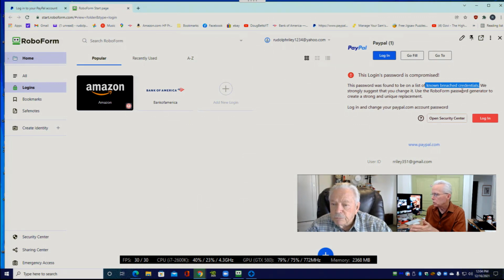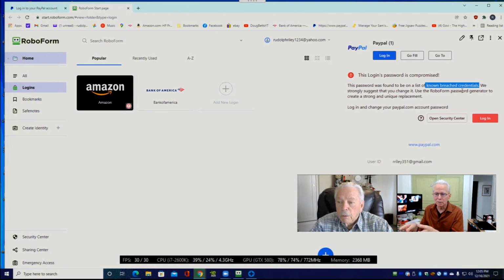What we really need to do is to change it. But this means that the dark web or deep web, different terms for it, terms slightly different, but for our purposes means the same thing. The bad guys out there have your credentials, an email address and password, and they may not know that you've used those credentials for this website. But they know that that's a username and password that you have used before.